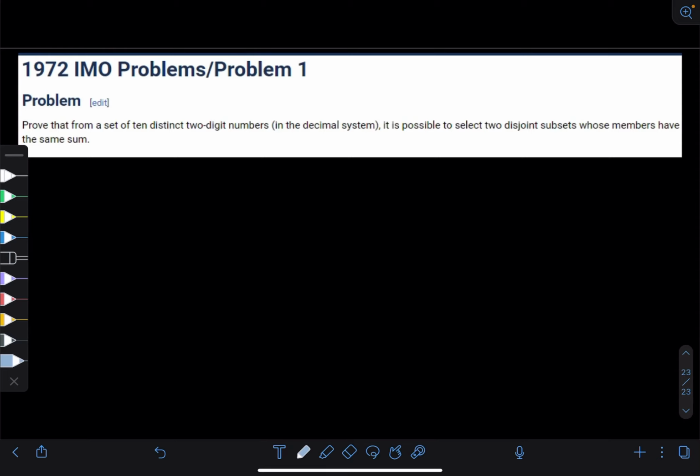So this problem is from IMO 1972 and it's problem 1, and it basically says that if you have a set of 10 two-digit numbers, then it is always possible to select two disjoint subsets such that their members would have the same sum. So if I go ahead and randomly choose some 10 two-digit numbers, let's say 10, 13,